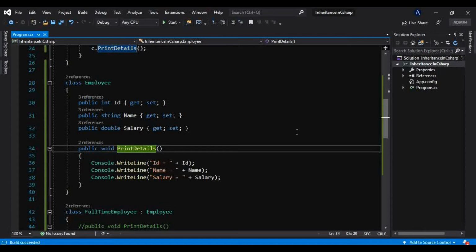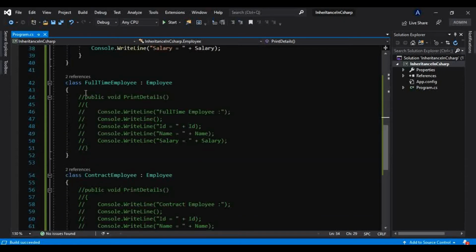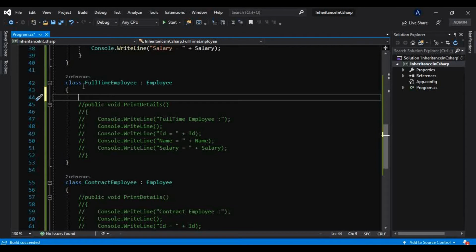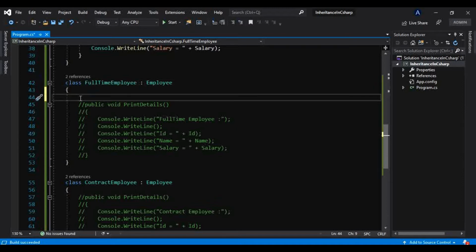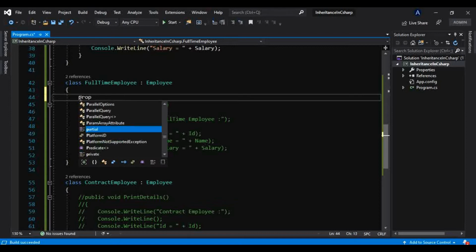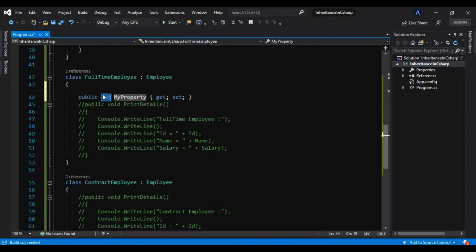So if it is so, then let's consider that to calculate the salary of this full-time employee, there can be special properties and special methods that only the full-time employee will need. So that we can put here itself. We know we have to calculate the salary.